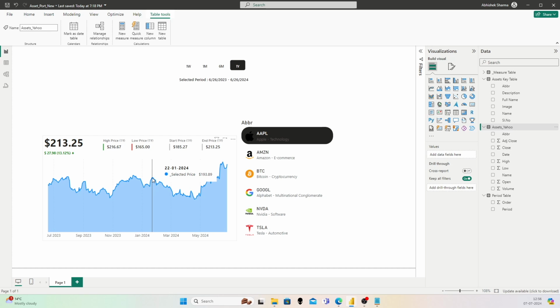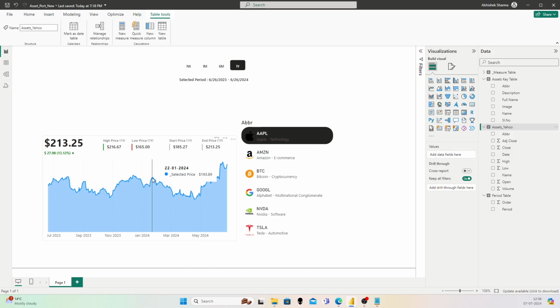But with the close price, we also want to see what was the open price, what was the high price, what was the low price, even what was the volume. Plus, on the other hand side, we also want to see the variation change with respect to the previous day. That means the variation change of the price with respect to 21st of January 2024, right? The variation of volume with respect to 21st of January 2024, and the variation of every other attribute as well,